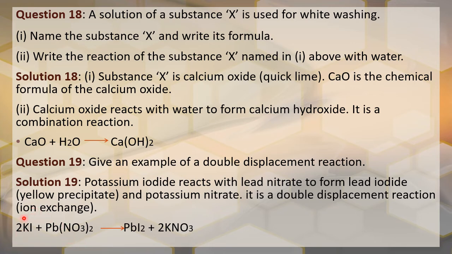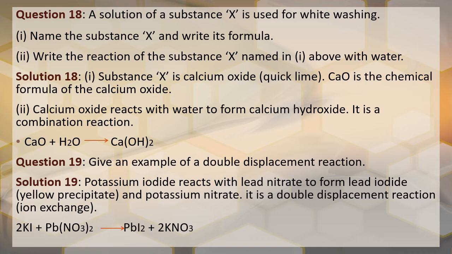Its color is yellow, so he has given yellow precipitate. So when KI reacts with lead nitrate, the yellow color is due to the formation of the precipitate of lead iodide. This will be in the liquid solution form. This will be in the precipitate or the solid form. So this is seen. This is in the liquid state, which is not seen. Afterwards, we will separate by using some techniques like filtration that we learn in the higher class.